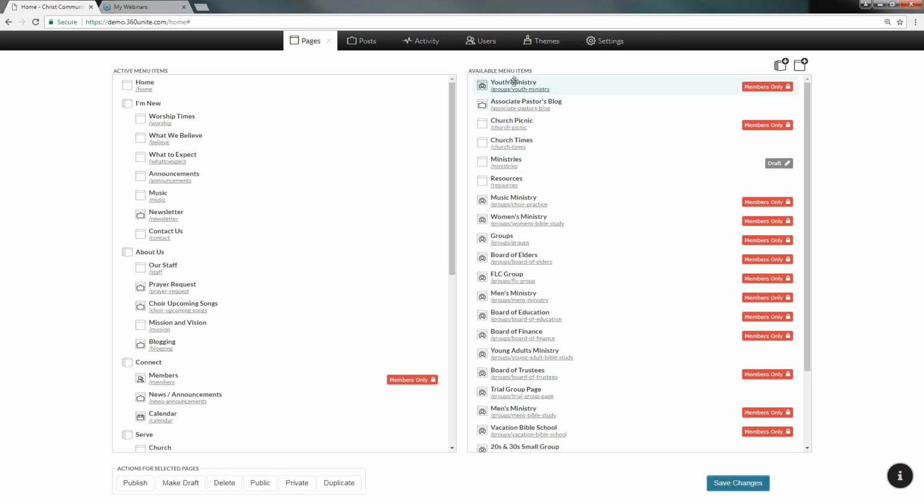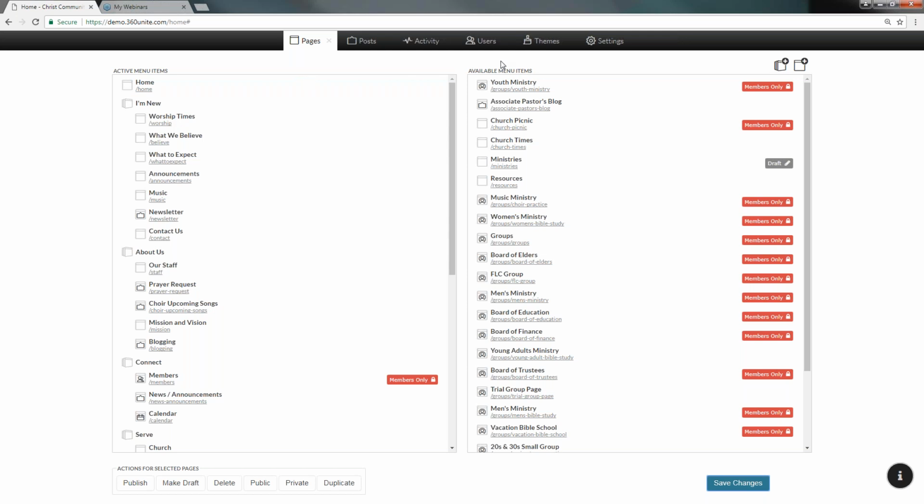So we have a youth ministry here that we've added this group, and then in the youth ministry, you'll see underneath there is kind of like a page extension. These are also what's known as a slug, but this is how you're going to navigate into this group, because now it's not an active menu item. In other words, you can't navigate to it from the website itself as it is,